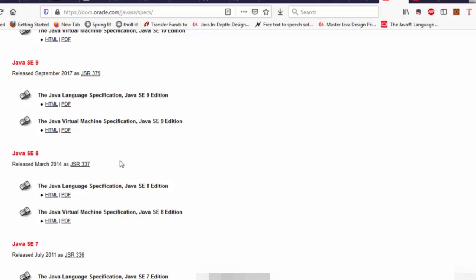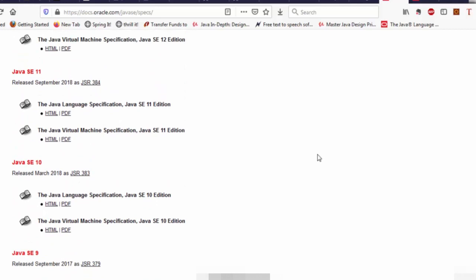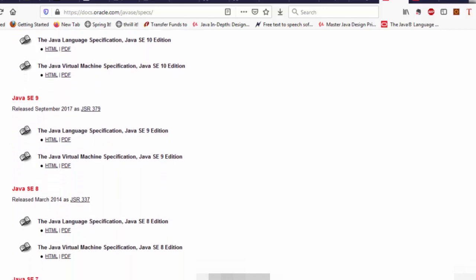So the Java designers wanted to change that, and so they decided to do frequent releases from Java 10 onwards. But the difference is that in each release, they will only have fewer features coming out. If there are any smaller features, they would come out, and the larger features would also come out in one of the releases. But in each release, you will see only a few changes being made. So that's the thing. They wanted to be agile like all other platforms too.